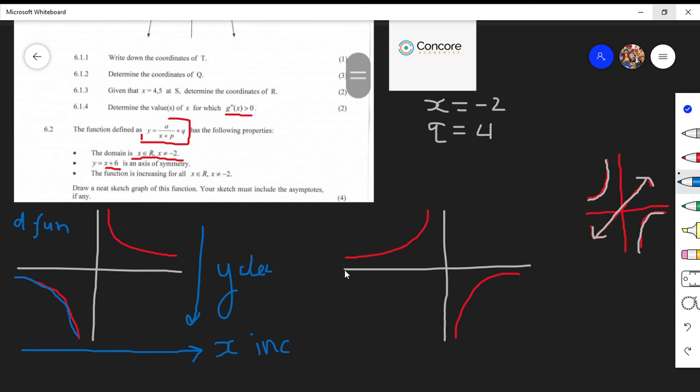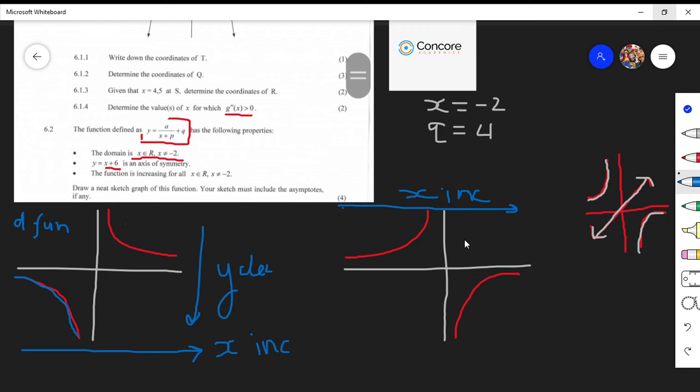As you move from left to right, your x values will always increase. It's only the y values that you have to see whether it's increasing or decreasing to find out whether it's an increasing or decreasing function. On the left you've got your negative x values, and on the right you've got your positive x values. So as you move from the left to the right, your x values are increasing,